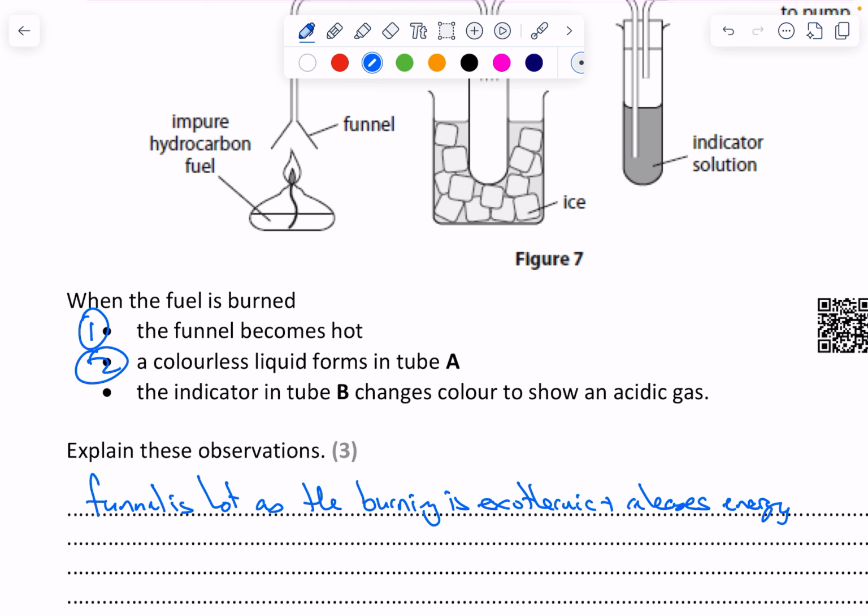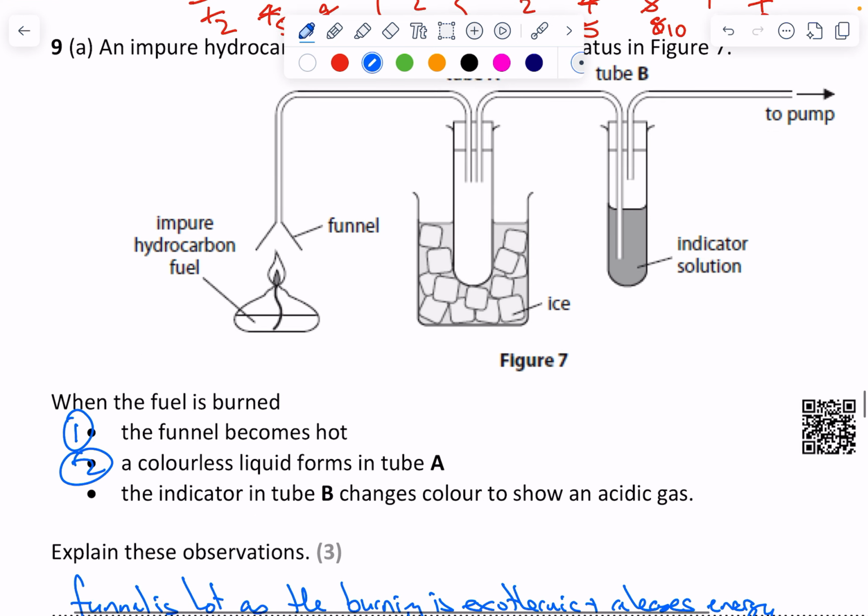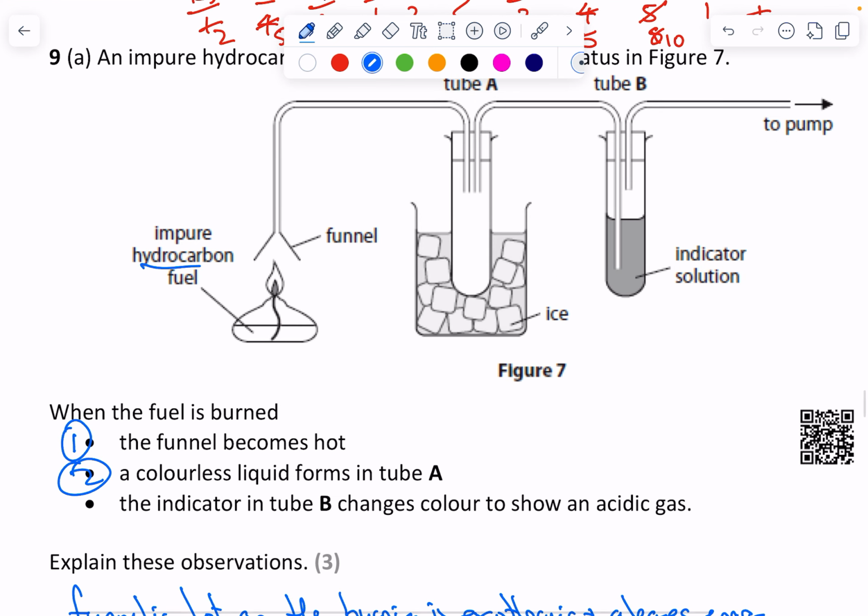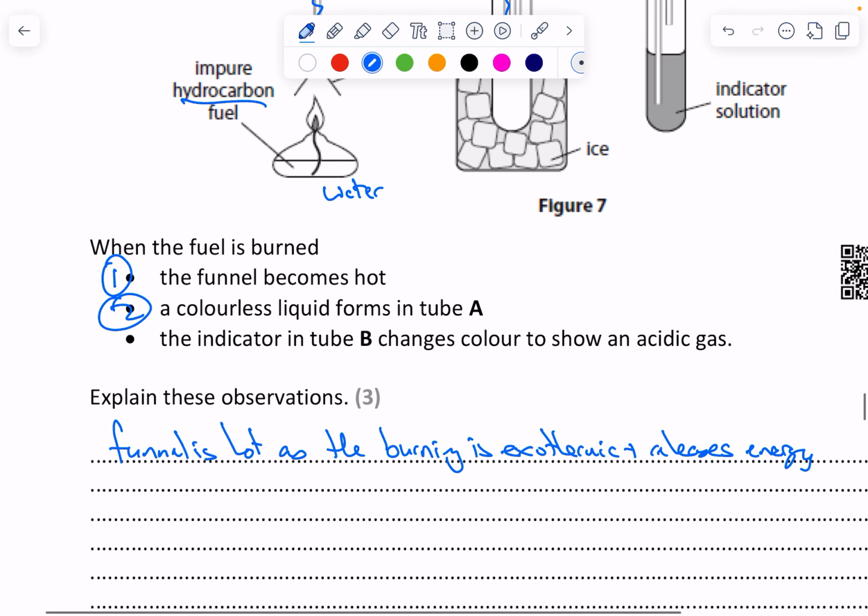Number two, why do we get this colourless liquid formed here? So what we've got here, this is a hydrocarbon. Hydrocarbons, when they burn, one of the products is water. The water as a vapour will rise up here, come into here, and in the ice it will condense. So what's forming in the colourless liquid is water is formed